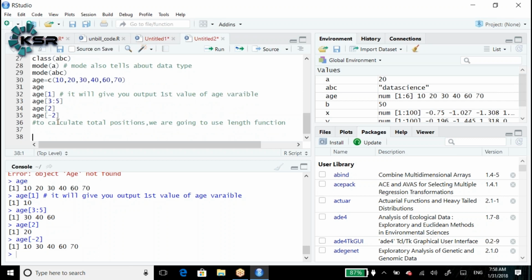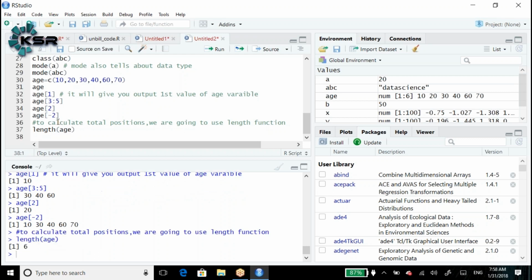See, length of age. Can anyone guess the output of length of age? 6, because we have 6 positions. So by using the length function, if you have 1000 records or 10,000 positions, you can easily calculate. Okay.